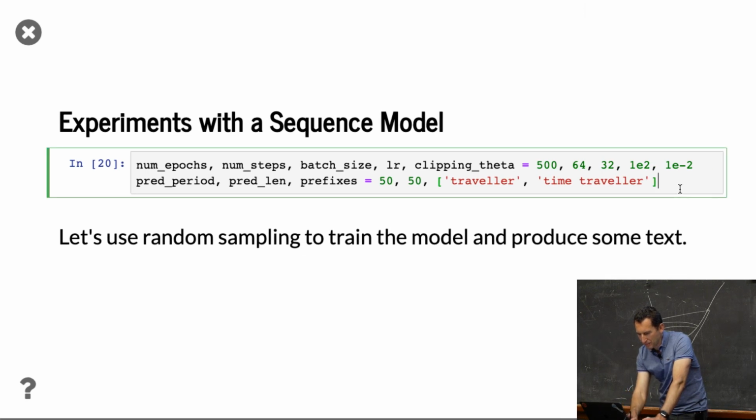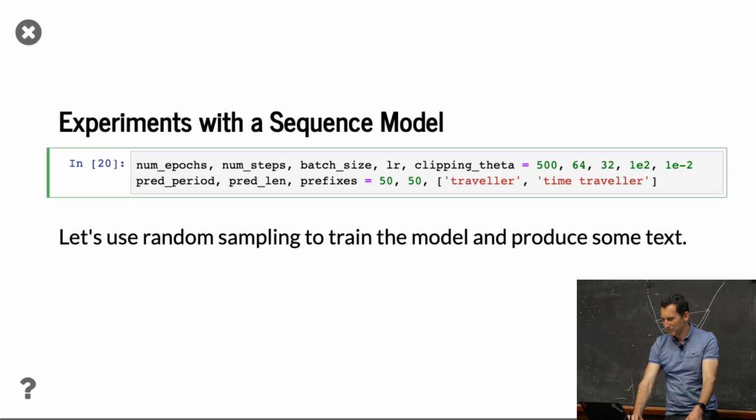So there you go. This is just setting all the parameters. 500 epochs, 64 steps, next character prediction, mini batch size is 32, learning rate is 100, so that's very aggressive. And I clip the gradient to be no more than 0.01. So I have a large learning rate, but I clip my gradient to prevent it from going too bad. So overall learning rate times clipping is on the order of 1. And then in the end, I have it predict a few things, and I want it to start at traveler